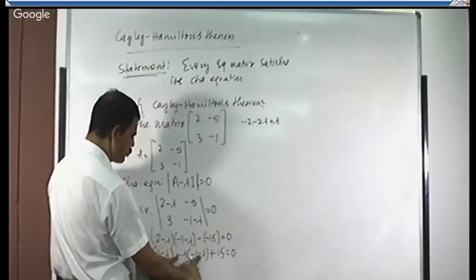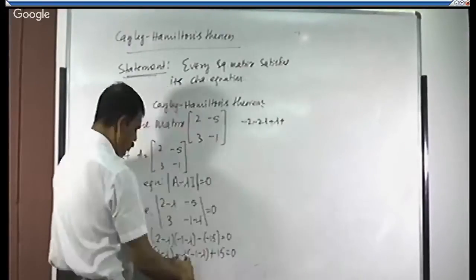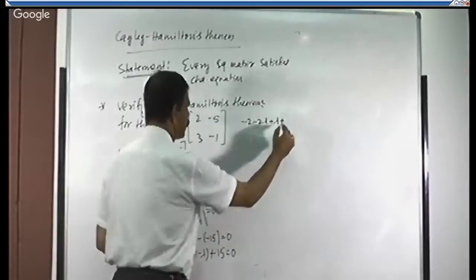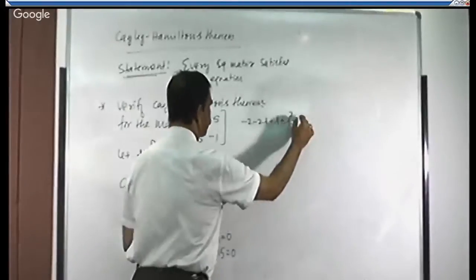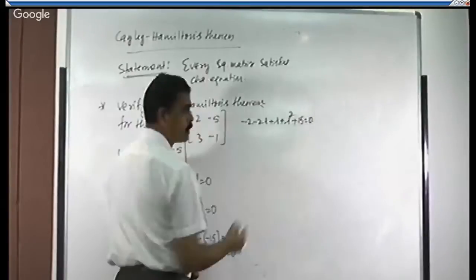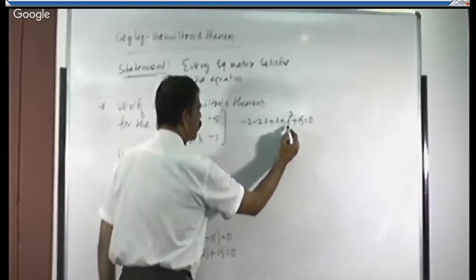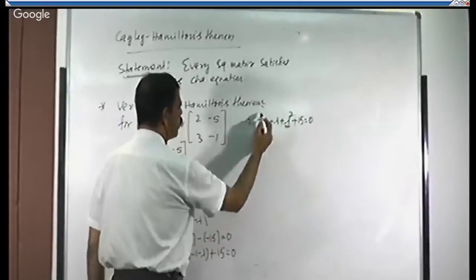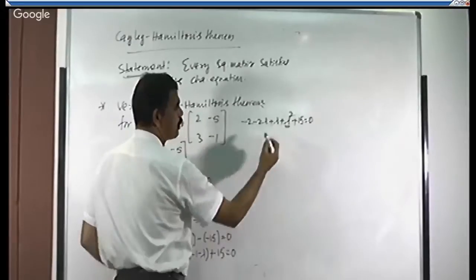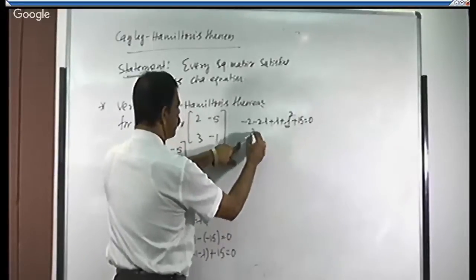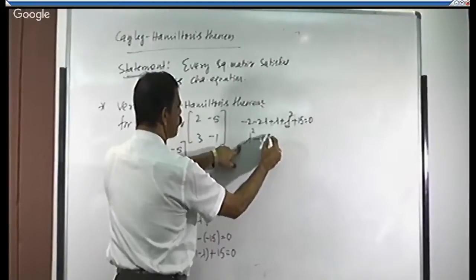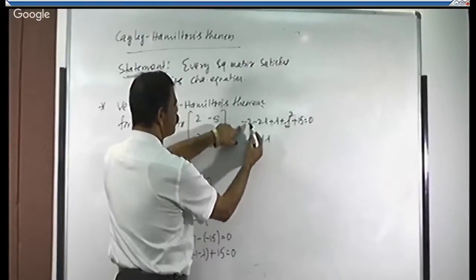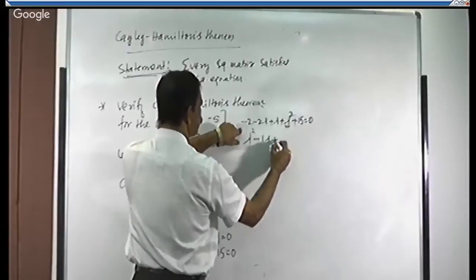Minus into minus plus lambda into lambda, it is lambda square plus 15 is equal to 0. Write it in order. First write lambda square, then write the lambdas, then write the constant. Lambda square minus 2 lambda plus lambda, it is minus 1 lambda, minus 2 plus 15, it is plus 13